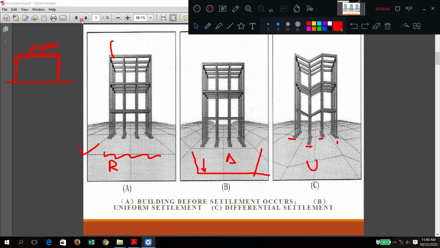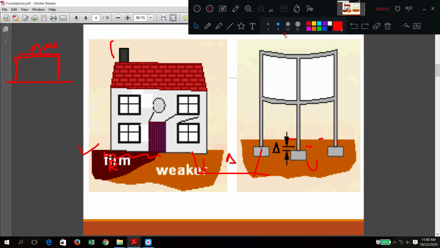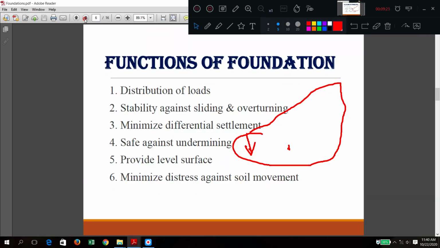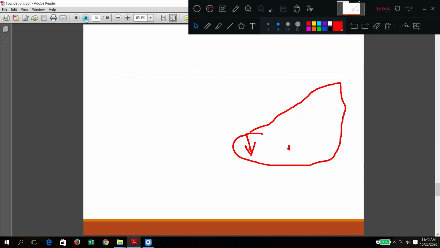Unequal settlement. In this diagram you can see that one column, one footing does not settle, while another is going to settle like this. So, unequal settlement. How much value? Delta, as you are shown. Here, due to the unequal settlement, you can see this total footpath, concrete or tiles, have gone down due to poor soil in the foundation. So all these things we have seen now. I wanted to explain those things only.